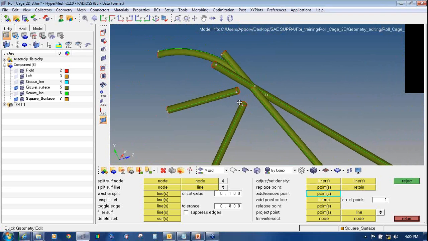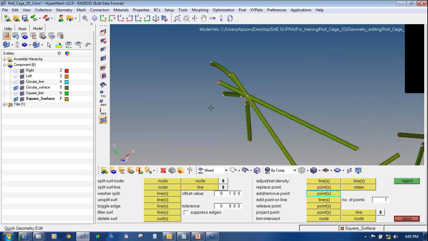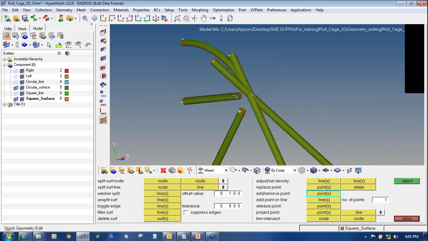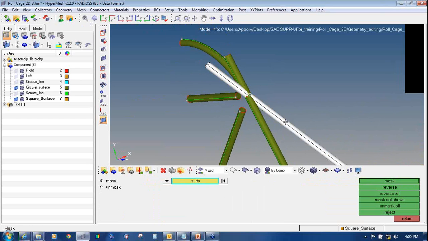Then the top one, so for the top one, first I will mask this,